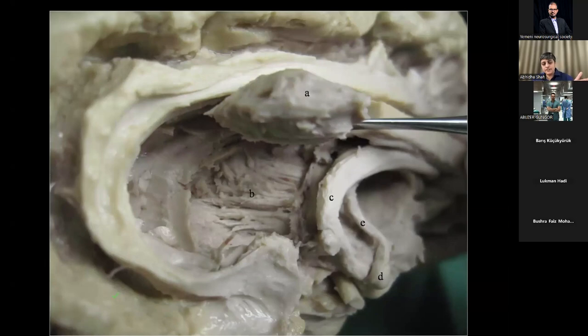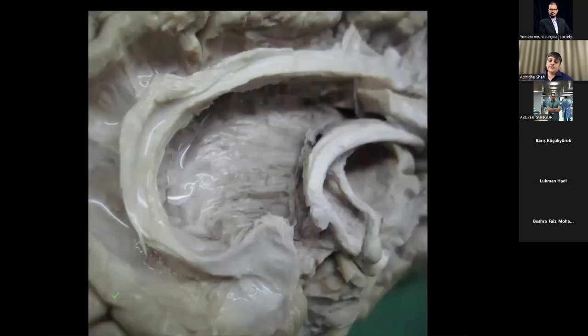If you see from laterally, you call it the circuit which begins here, the hippocampus, the fimbria, the fornix, the mammillary body, the mammillothalamic tract, the anterior nucleus of